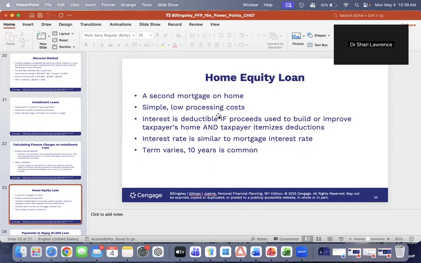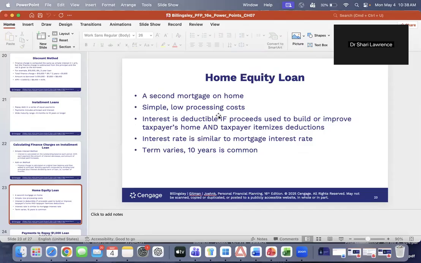So a lot of people, when they have equity in their houses, they have these HELOCs. And if you go back to the previous chapter, when we were talking about budgeting for emergencies, if you have a HELOC, this is a perfect example where you don't have to have 6 months of your net income in a checking or savings account, because you could access this home equity line of credit if needed.